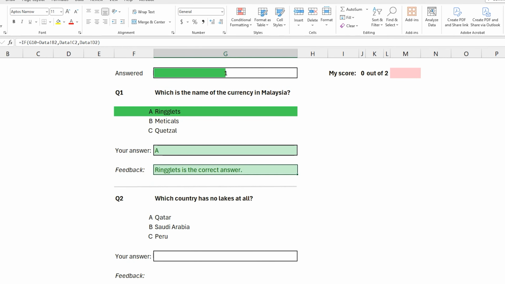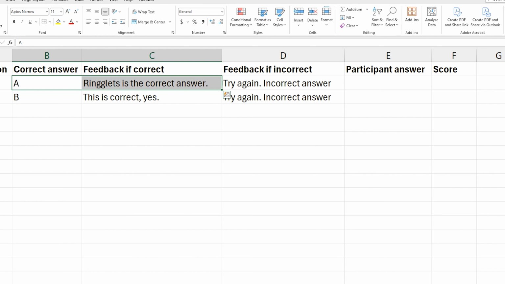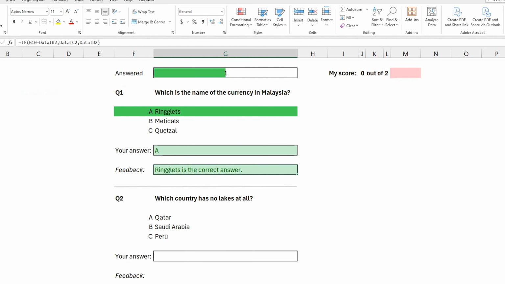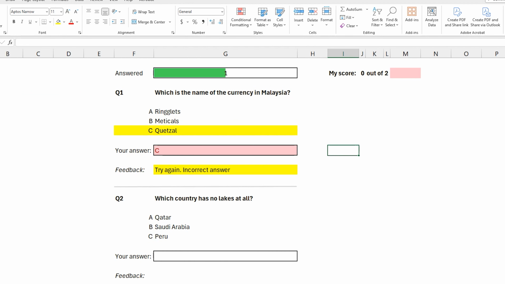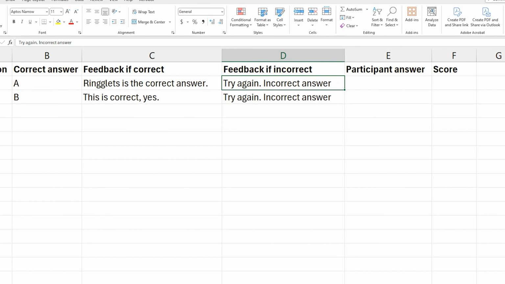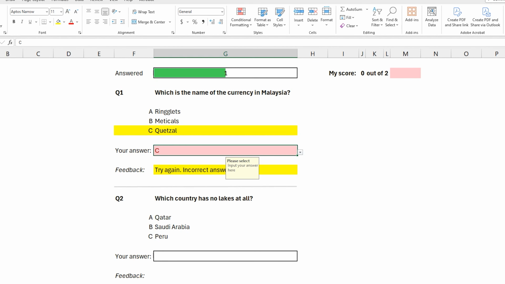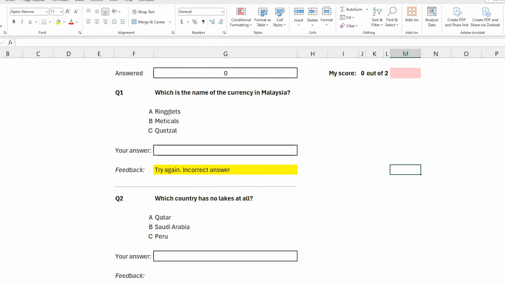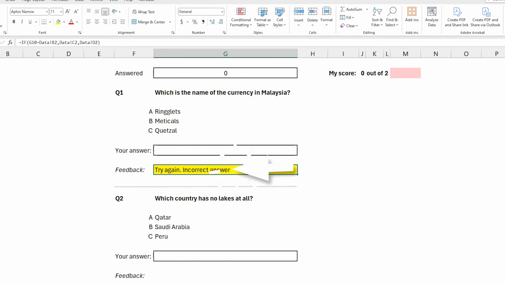So now what we have here, A, is returning the correct answer. If it's going to be B or C, it's going to return what we put here. But let's say that the person didn't answer yet. As you can see, it's by default taking the second option. So we need to do a bit of housekeeping here.